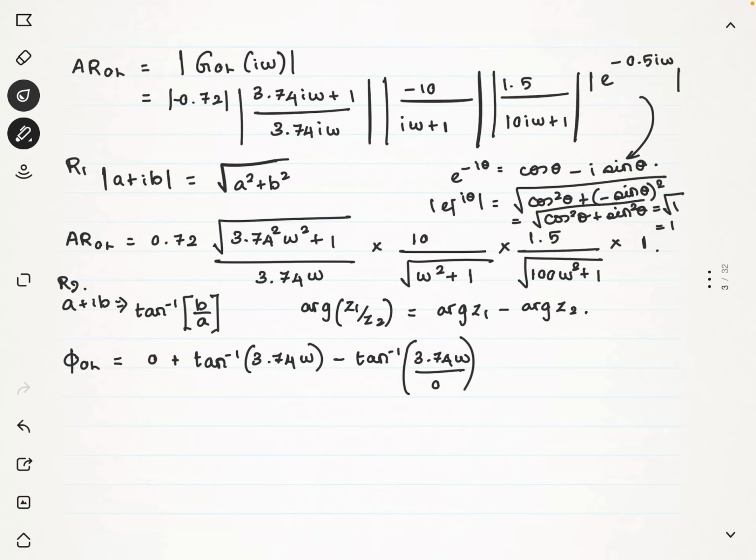And then again for 10 there will be 0 again, minus 10, and then minus tan inverse of omega by 1, which is omega, and then 1.5 will not have an argument, minus tan inverse of b by a, which is 10 omega. And the last part is,